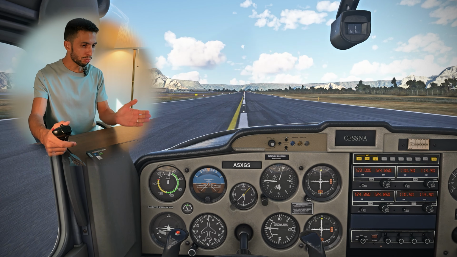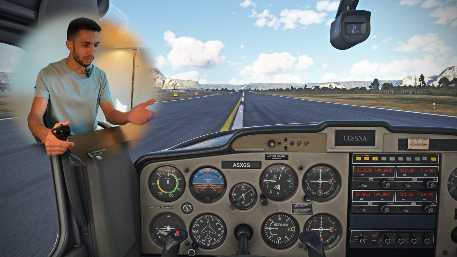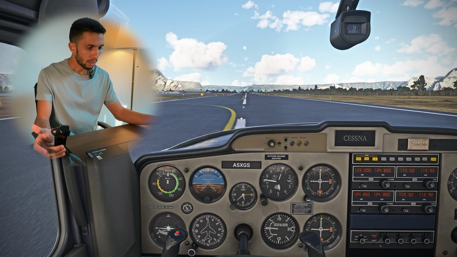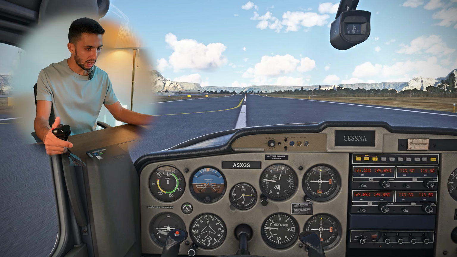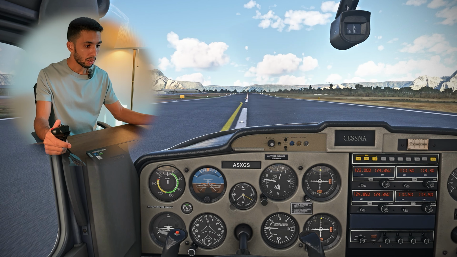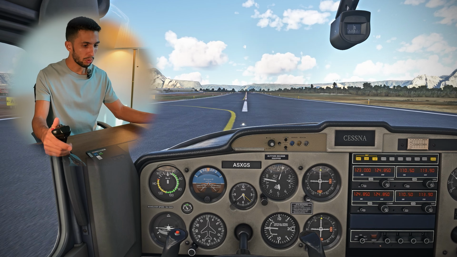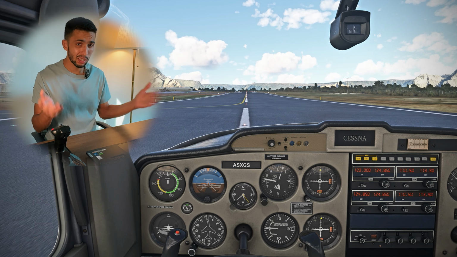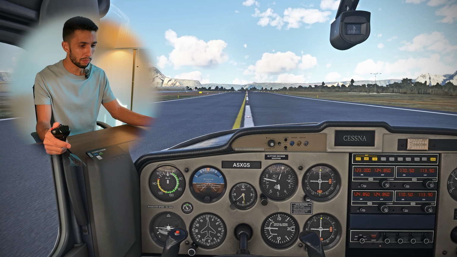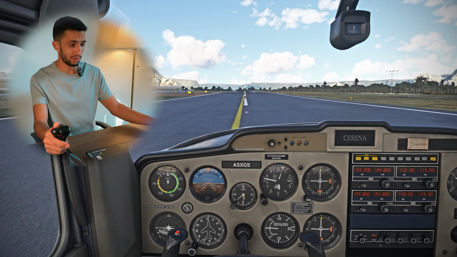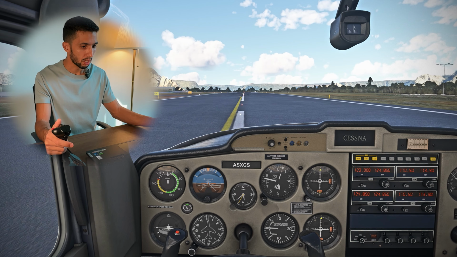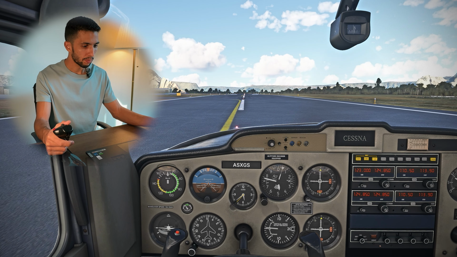If we need to vacate really short of the runway like now, I will start braking. But if you don't need to, we don't need to brake as soon as possible, especially at high speed, so as not to wear the brakes with time. You can see that the airplane is stopping by itself. This is a long runway for a Cessna 152. Eventually it will stop by itself. If there is headwind, it will even stop earlier than this, and if there's an upslope, same thing. So we can start braking,